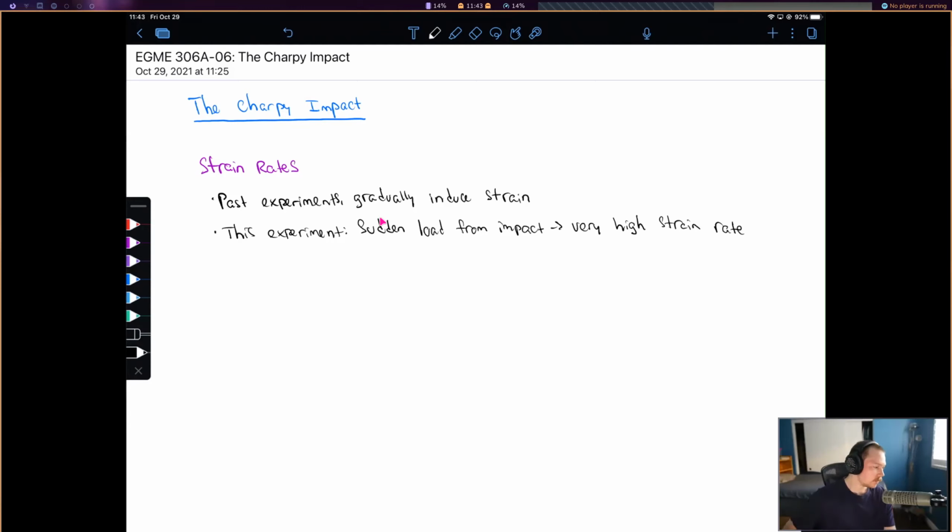Alright. Okay, and again, this is called the Charpy Impact test, right? And it's done via the pendulum that you saw. So we load that up to its highest point. There's a lot of potential energy. We let it go down, strike the